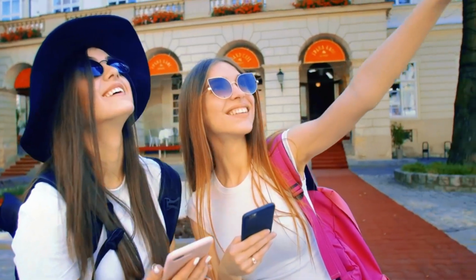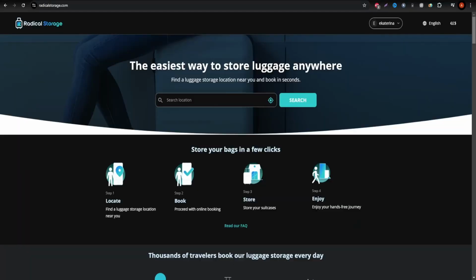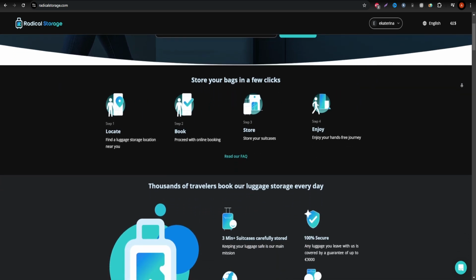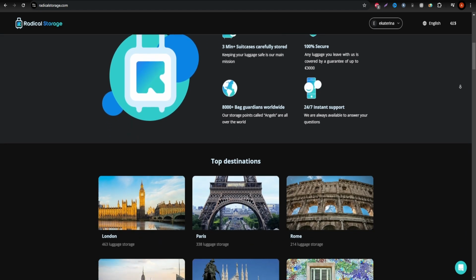Planning to explore Trieste without the burden of your luggage? Radical Storage provides a secure and easy solution for storing your bags, so you can enjoy the city freely. In this guide, I'll explain how to deposit your luggage at a storage point in Trieste using Radical Storage,